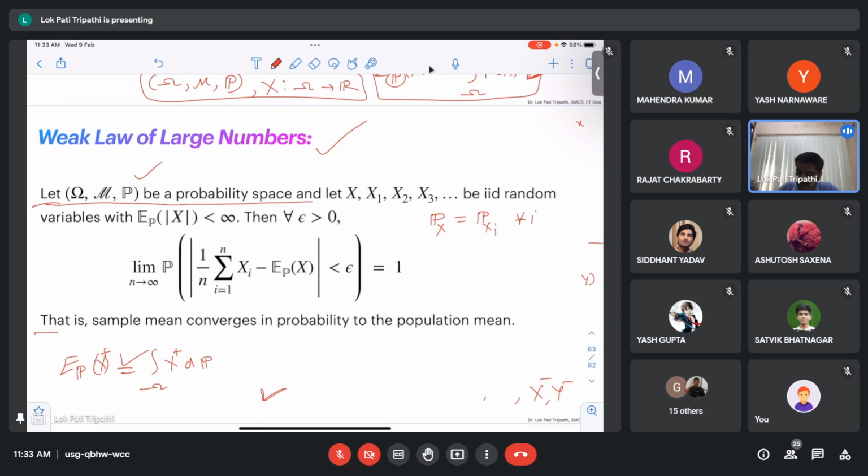Okay, or you can say that if these random variables have a probability density function or probability mass function, then you say that they are identically distributed if their PDF or PMF are the same. Okay, or equivalently you can also say that these are identically distributed if, so these are consequences. Okay, this is the definition. With the help of this definition you can prove these results.